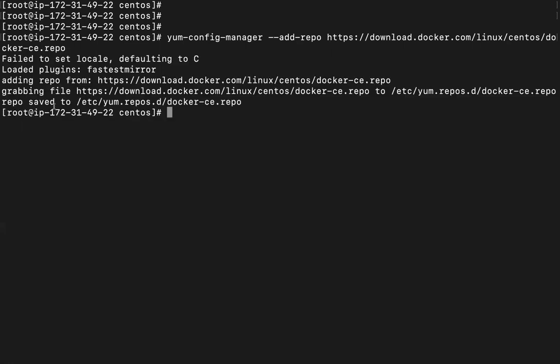So the repo is right now saved to etc yum.repos.d. Now let's do a yum update -y command to update the operating system.